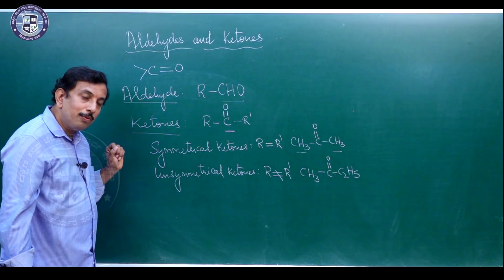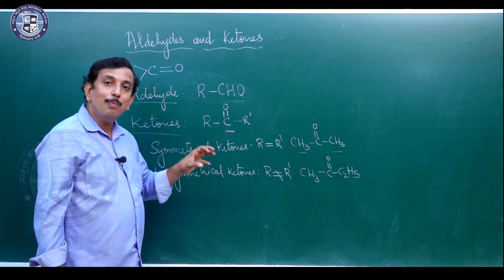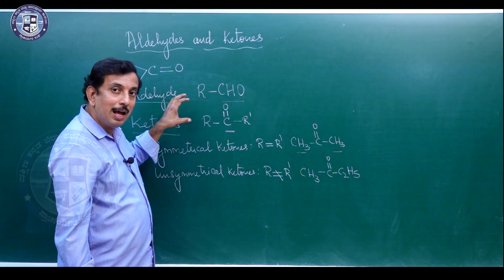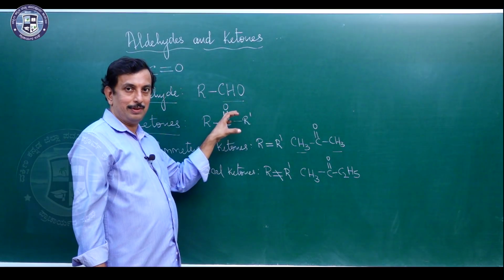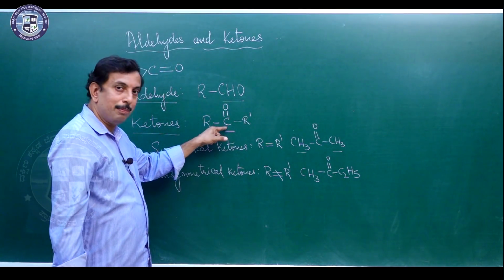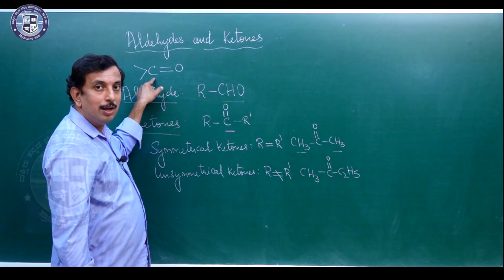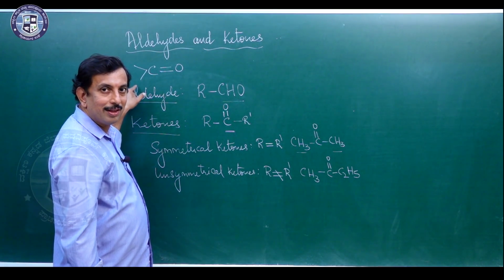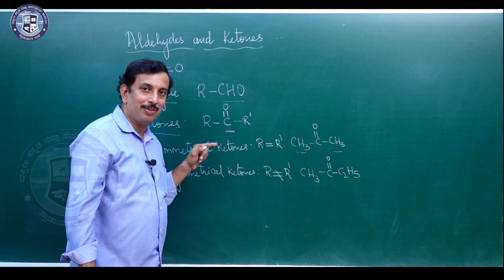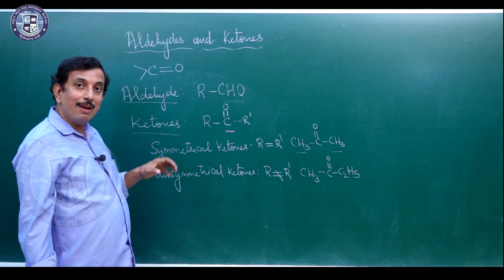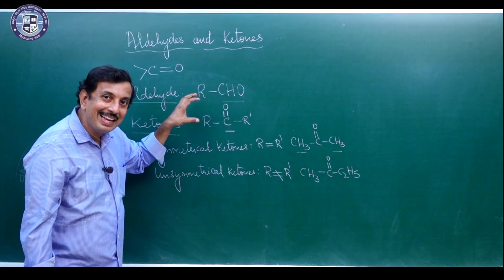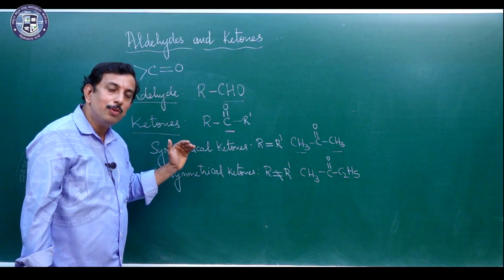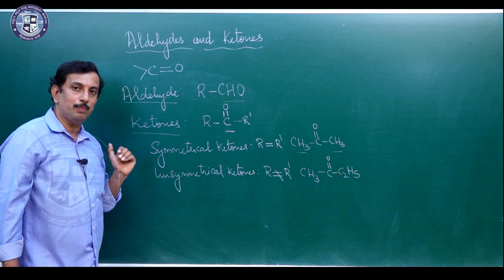If I take ketones, we say that ketones are the carbonyl compounds or organic compounds which can be represented by the general formula RCOR', where the carbonyl carbon or carbonyl group is linked with 2 carbon atoms. These ketones have a functional group called the keto functional group, which is nothing but a carbonyl group. When it comes to ketones, it is called a keto functional group.